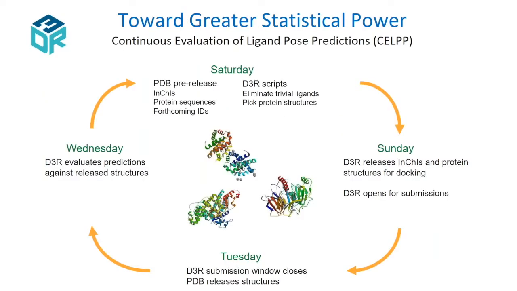One of the things that we're really keenly aware of is that even with what we and hopefully the community are learning from the grand challenges, they're kind of episodic, and there isn't enough data flowing through these challenges to really explore what is determining success or failure. And so we're keenly aware of the need to push for greater statistical power. For this reason, we've taken a stab in that direction by developing continuous evaluation of ligand pose predictions, or KELP, which is a weekly rolling challenge, which essentially requires an automated pose prediction algorithm on the part of the participant.